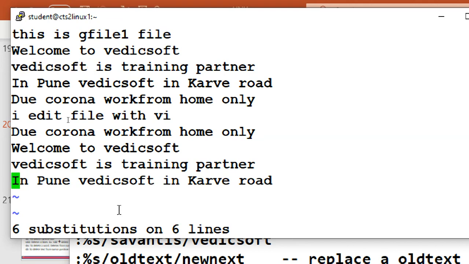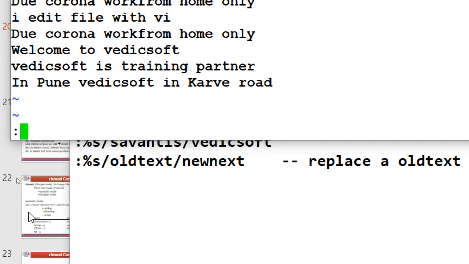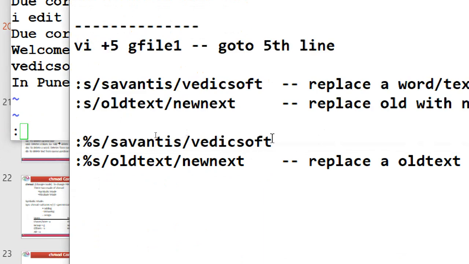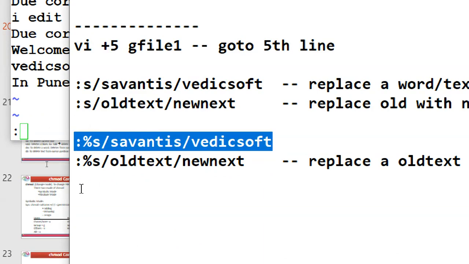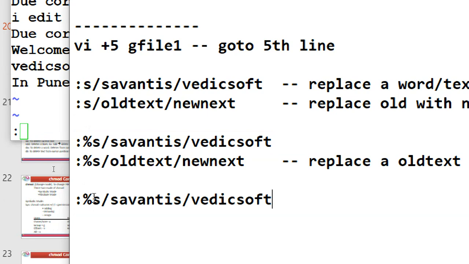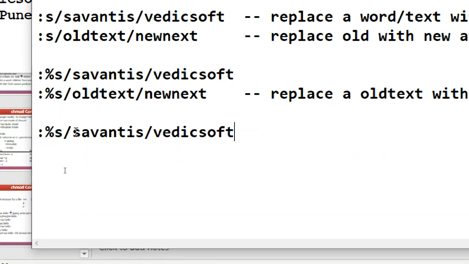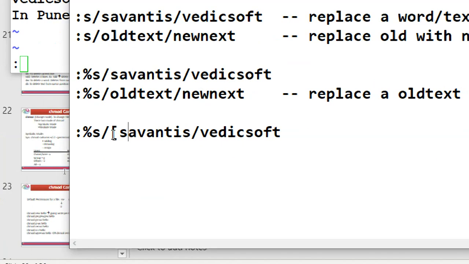See, this is why you should learn wildcard matching. What I use here, I put a bracket like this and this one like this.